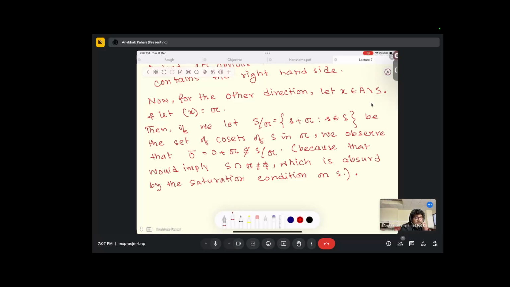But we have taken x from A minus S, and if A has an element y in S, then x times y should be in S. That means x should be in S, but that is not possible. So yeah,